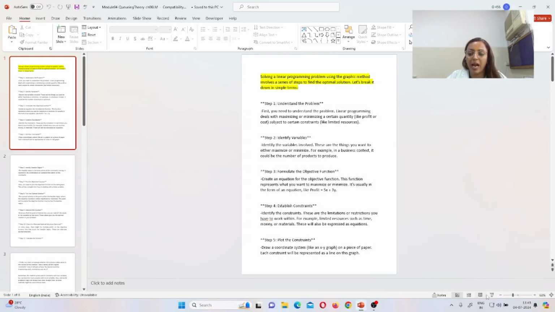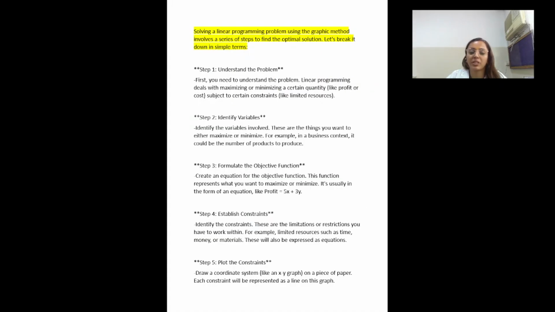Simplex method and graphic method. Step by step, I will explain how this problem will be solved, and after getting the steps, then we go for the numerical part. Okay, so first we have to learn what the basic first step of the graphic method will be. If you are able to understand why we are using this graphic method, what is the most